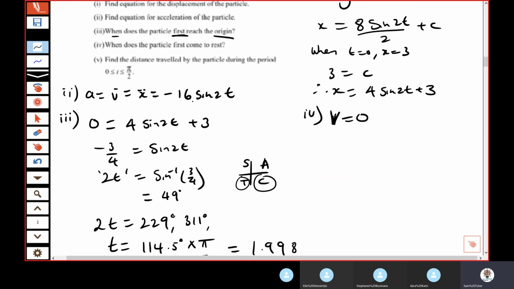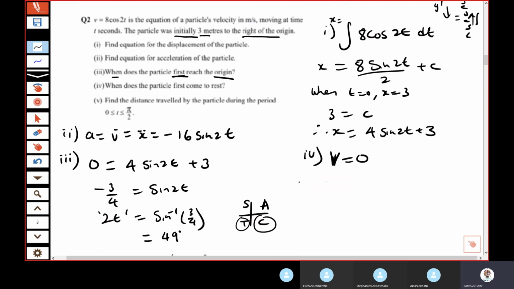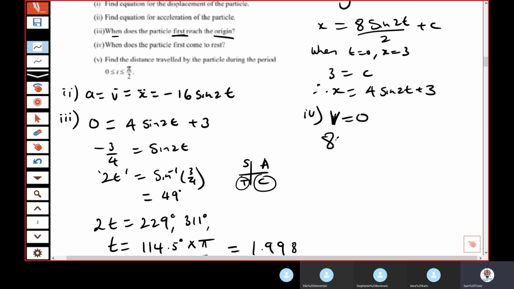Velocity is equal to 0. So again, negative 16, negative 6. No, that's acceleration, isn't it? What was velocity again? Velocity is 8 cos 2t. 8 cos 2t equals 0. Divided by 8 doesn't do anything. Inverse cos of 0. Shift cos 0 should give you 90. Yep. There's degrees for now. 90 degrees. And then again, it's just because it says first comes to rest, I'm not going to do